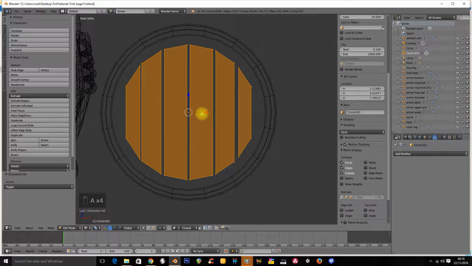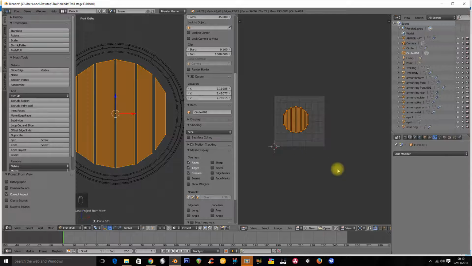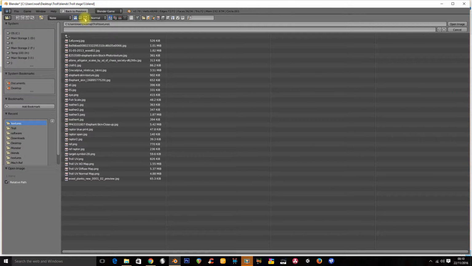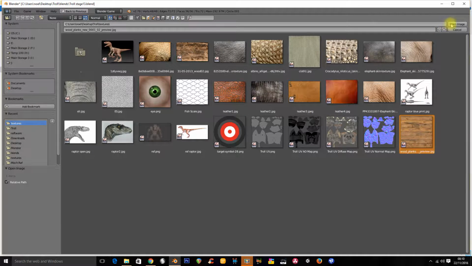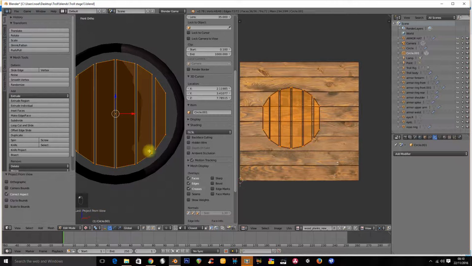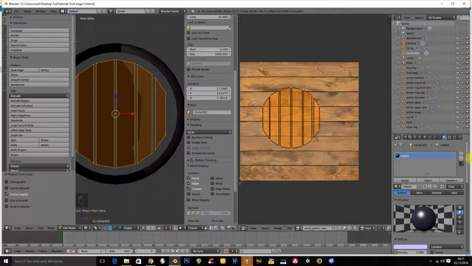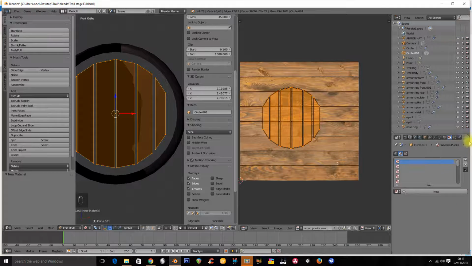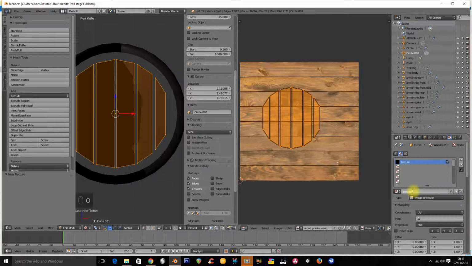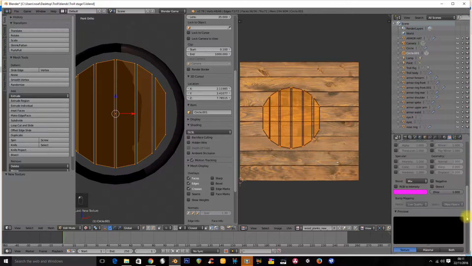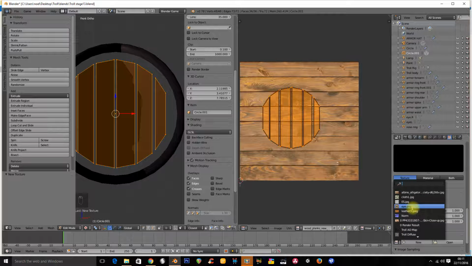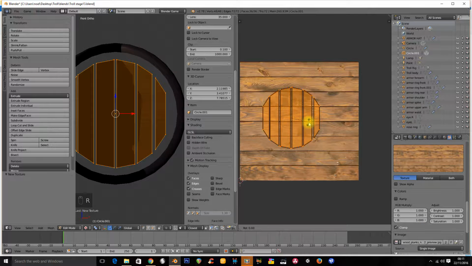and I'm going to project them from view into my UV editor here, and I'm going to open, and I'm going to pick this guy. Go to texture mode, and now I have to give this a new texture, and we'll call this wooden planks. And in our wooden planks, we'll go to texturing, and we will go new, and call it the same thing here, wooden planks. And we'll go load that image in, which is called, right there, wooden planks. And I'm going to rotate this 90 degrees, so